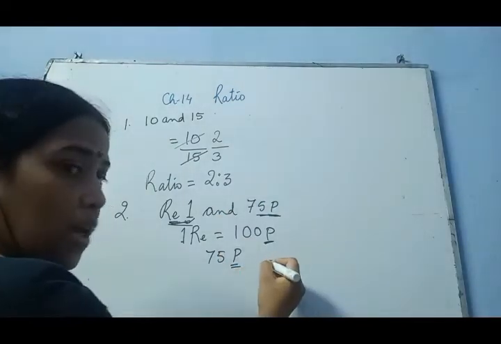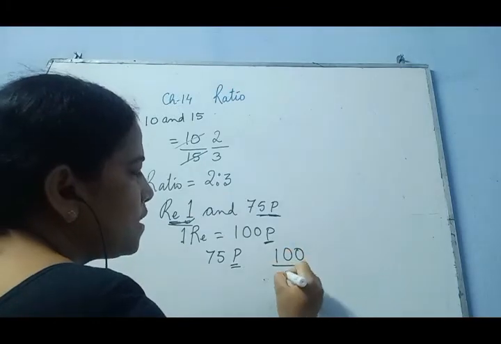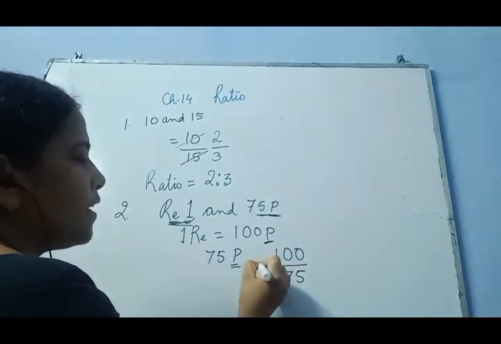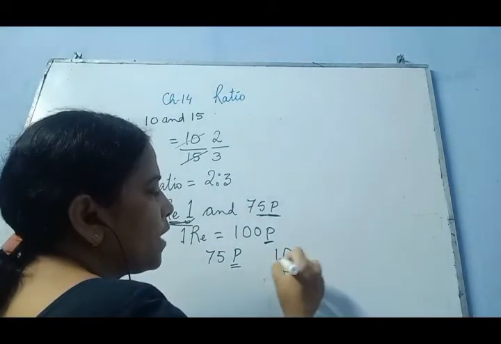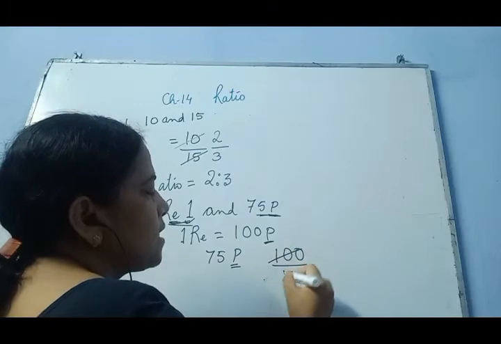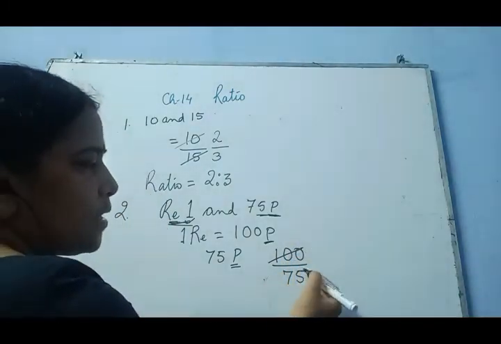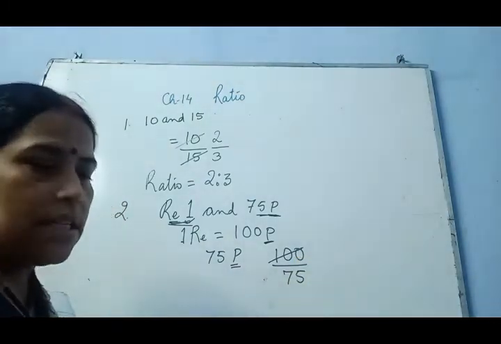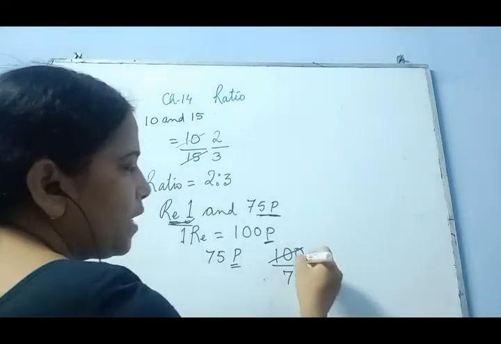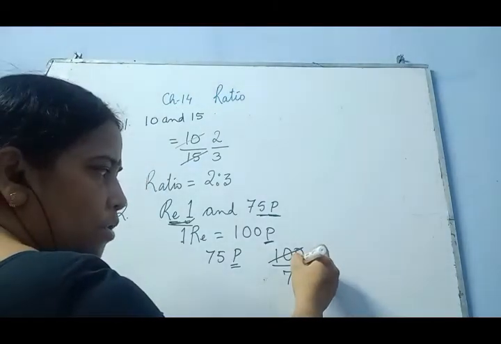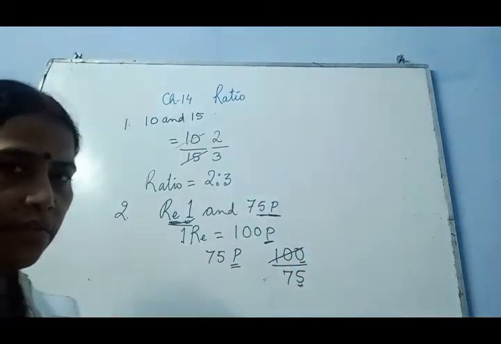That means first what you have to write? First you will have to write 100 and then 75, okay. Now we are going to simplify it, okay. This 100, we see that this is also in the table of 5, we will cut in the table of 5. You see why it will be cut? Because you are seeing that this is 0 and this is 5, okay.